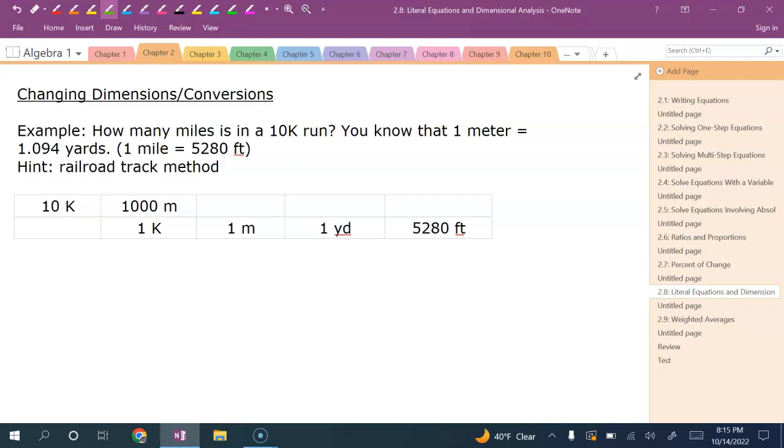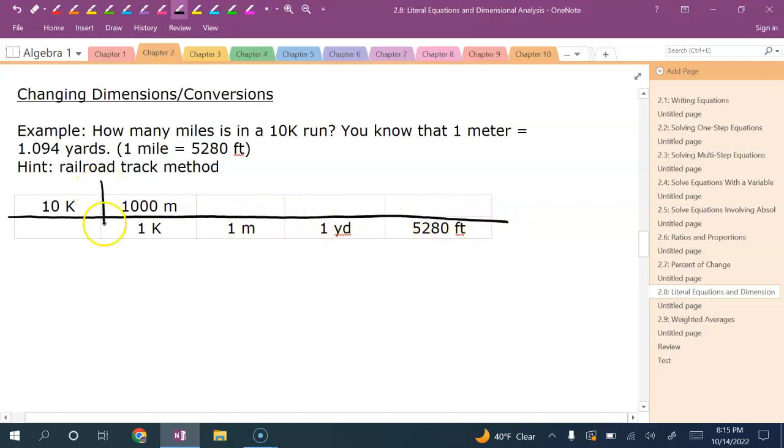It's basically going to be like a really big fraction. So I'm going to draw a really big fraction bar here, and I'm going to cut this fraction bar into smaller chunks so it kind of starts to appear like a railroad track in a way. To get yourself started, you always take the first unit, or whatever unit they're giving you. So in this case, it's that 10K, and you put that in the first